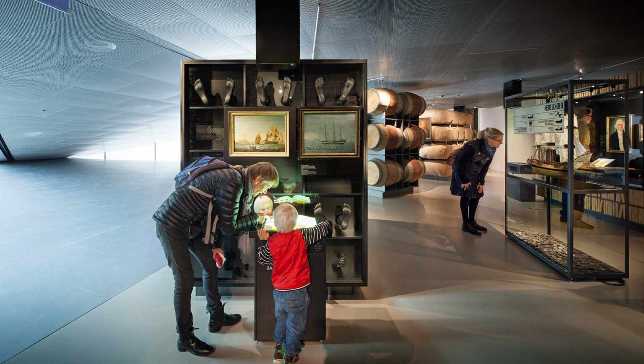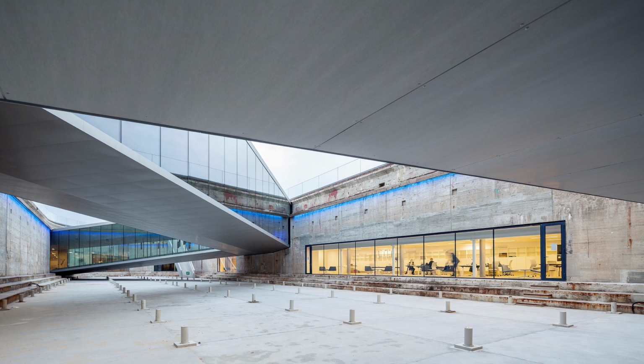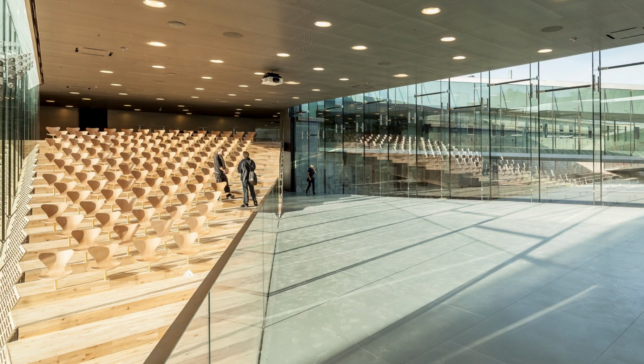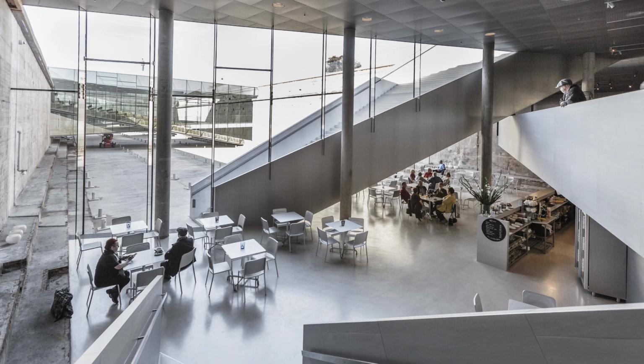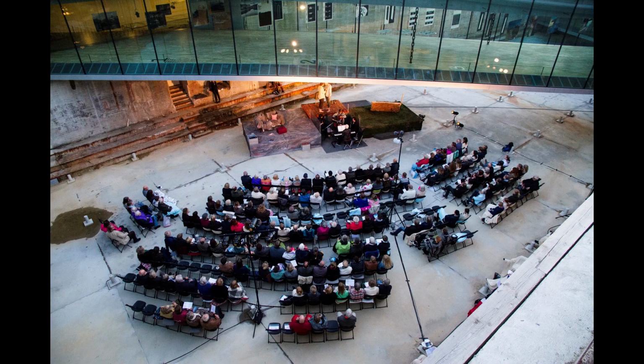You have intimate spaces, vast spaces, and you have this encounter between the lightness of the glass and the steel and the heaviness and the heritage of the concrete dock. The auditorium where the seats continue under the stage, becoming an auditorium for children. You have the cafe where you look through the different layers of glass of the bridges. And not only the auditorium has become a cultural venue, but actually the dock itself has amazing acoustics because of the hard walls and the open ceiling. So this piece of old infrastructure has become a cultural venue